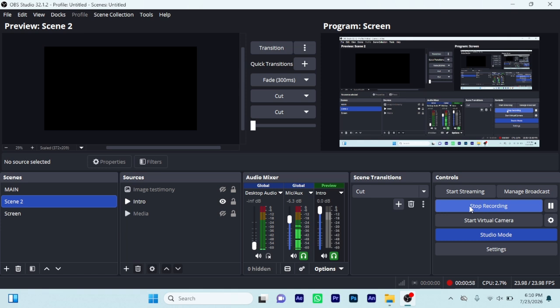First of all, if you don't have OBS Studio, it is free and open source. You can go to the OBS Studio website and download any version you want. It doesn't require any payment, so you can access it. So after that, when you